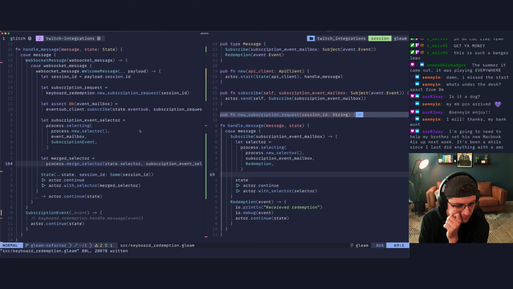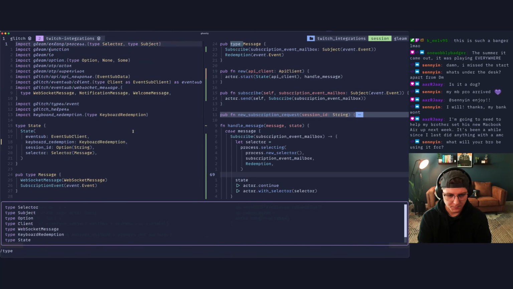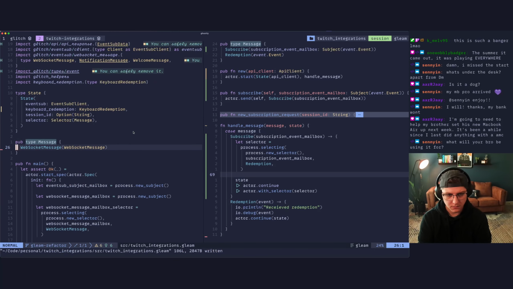We can get rid of this. We can get rid of this. We can get rid of that. This can become a single function call. Delete there, place that in there, go back to the beginning line. Get rid of this. Type message, delete. Okay, get rid of that.